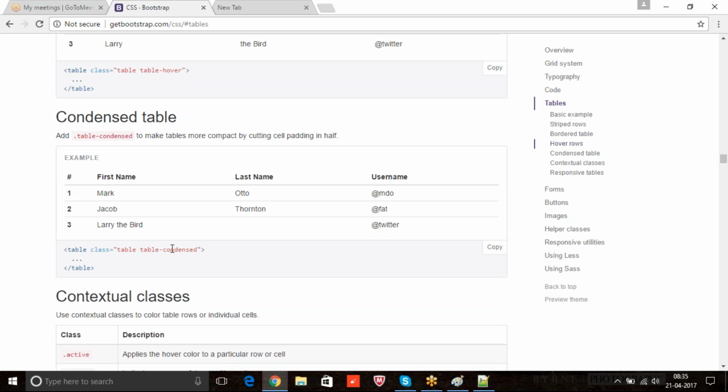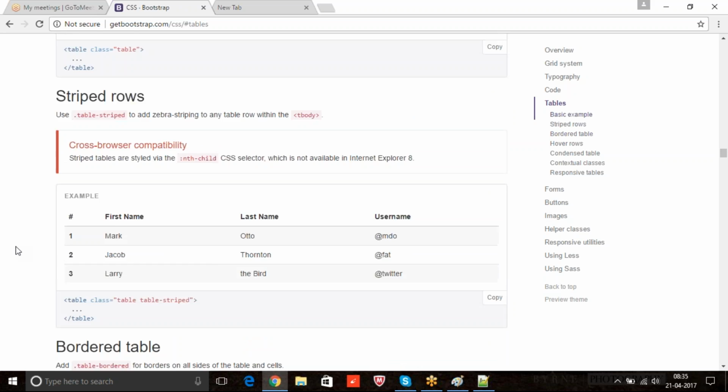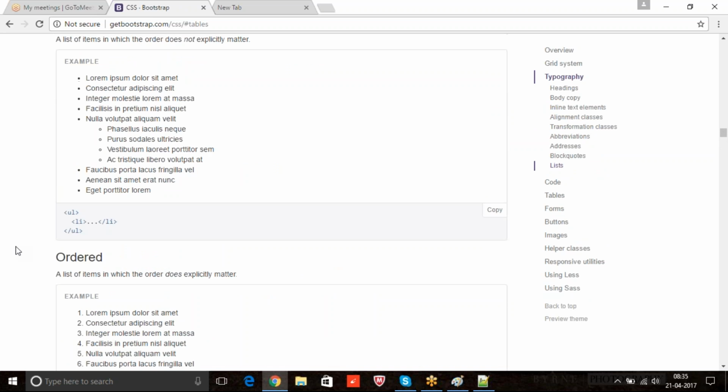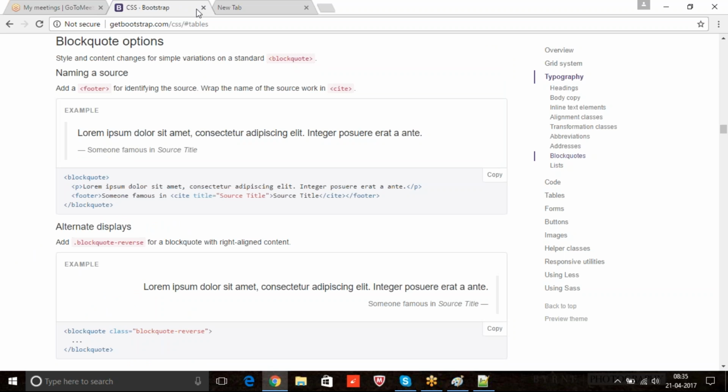So there are a lot of classes like this. Some hundreds of classes are available. At a time, it's not possible to remember all the classes. That's why you need to always get the reference from this website. So just open getbootstrap.com. Directly you can go to the